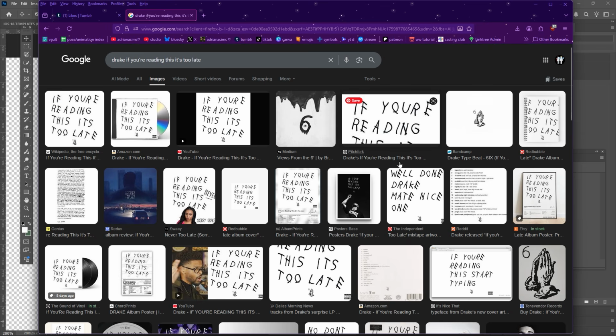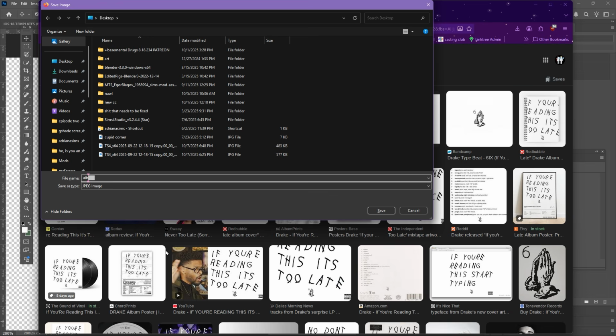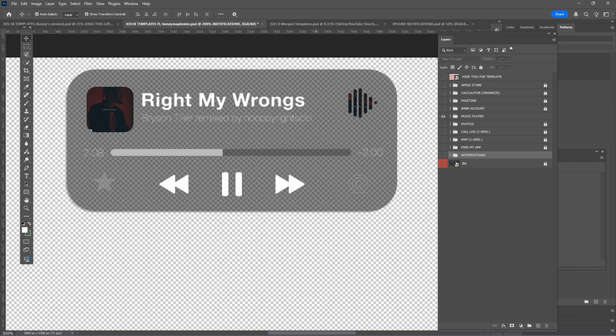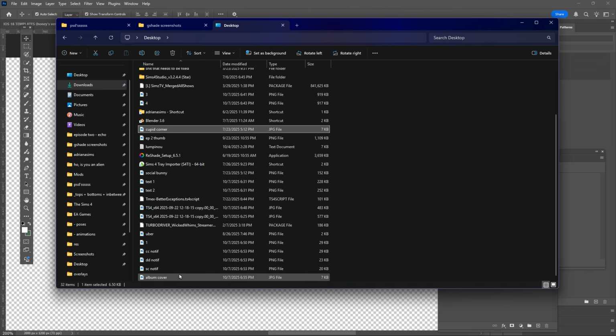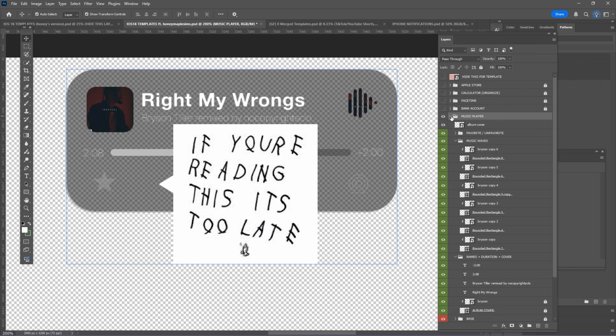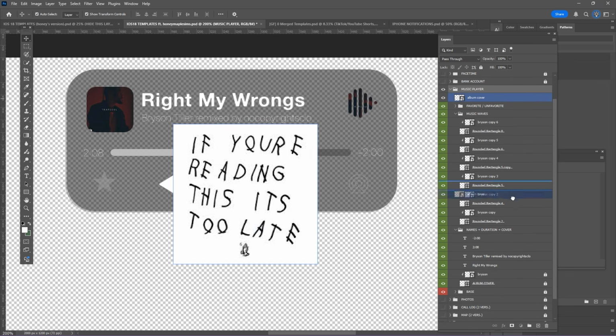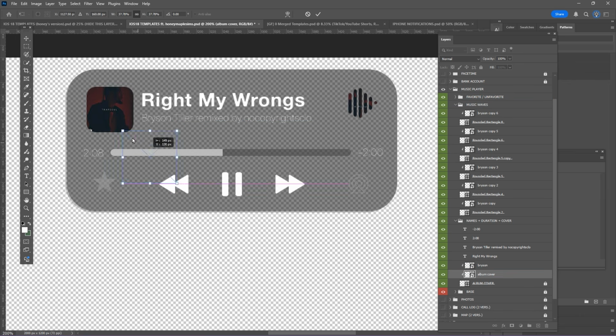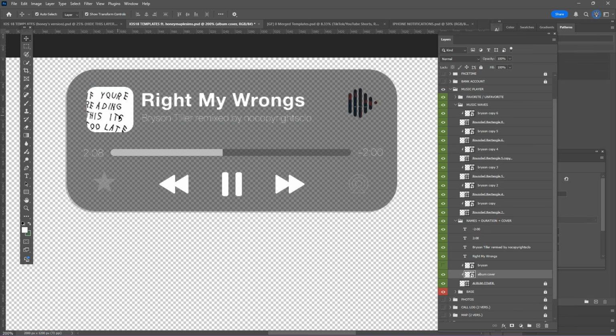And you know, duh. Save image, album cover, right? So now you can import that from your desktop. Album cover, import. Drag that into the music player because you want to change the album cover. And you drag that all the way down here. It's already clipped, but like I said, if it doesn't automatically clip, you know what to do. And all you gotta do is move it so that it looks normal. Done, right? And then you change this,